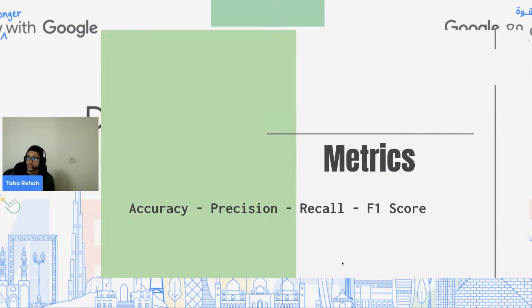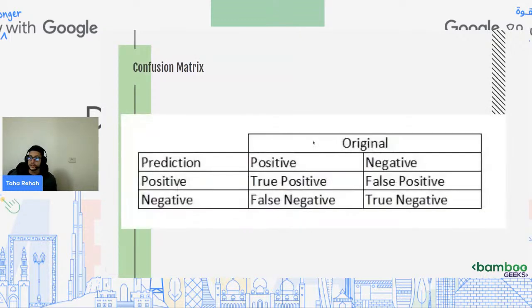So this is the first technique for how to handle imbalanced datasets: look into the right metrics, and not go with the illusion and the confusion of accuracy. In order to understand those metrics and how they show us that we are wrong, we need to understand something called the confusion matrix.